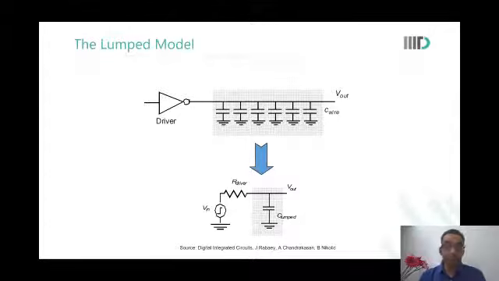However, we understand that as the wires come closer, their capacitance increases, and as they become thinner, their resistance also increases. So what would be happening to the interconnect delays? We are saying device delays are reducing as technology scales, but what happens to the interconnect delays as technology scales? So they increase. The interconnect delays increase. So it is very important to understand how to model interconnect delays in your circuits and what kind of delays can happen because of interconnects.